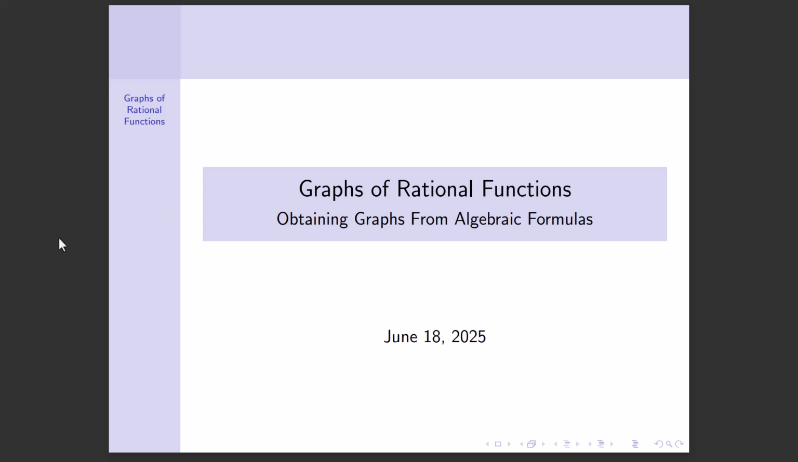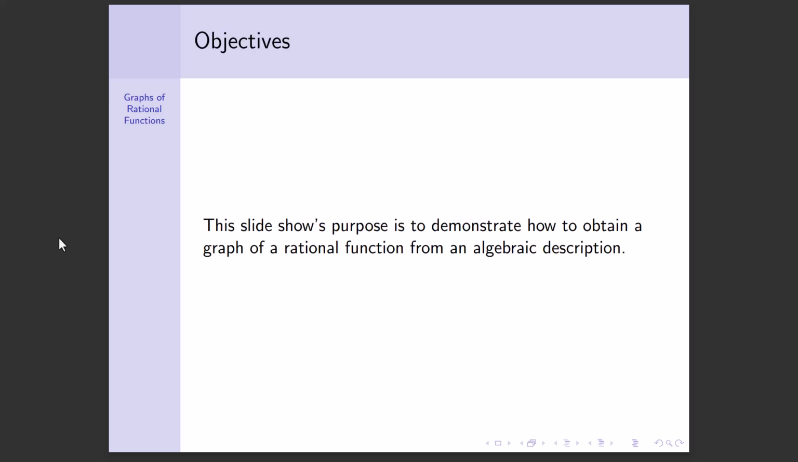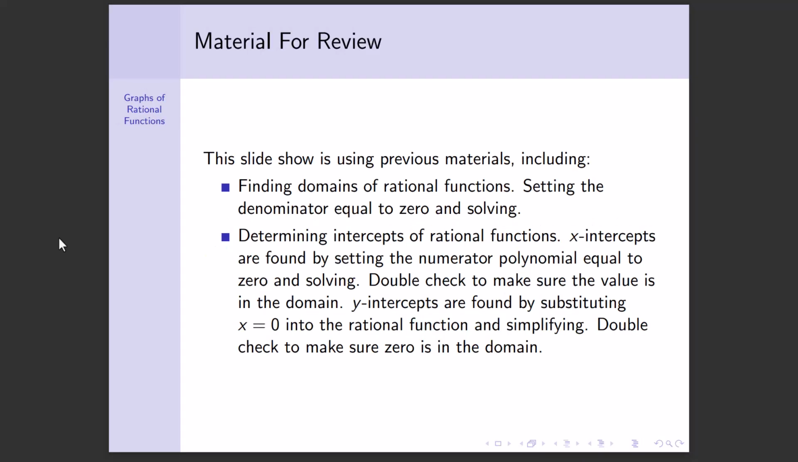Hello and welcome to a demonstration on how to graph rational functions when you are given their algebraic forms. This slide show's purpose is to demonstrate how to obtain a graph of a rational function from an algebraic description. Some materials for review